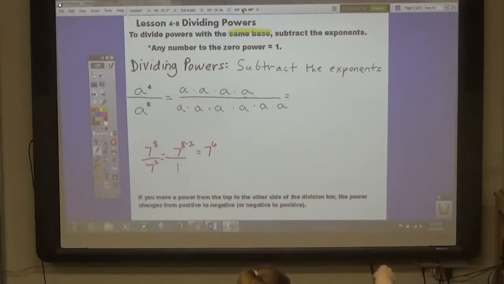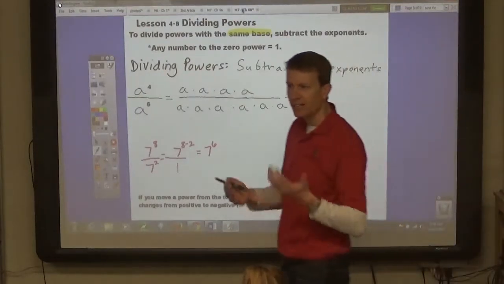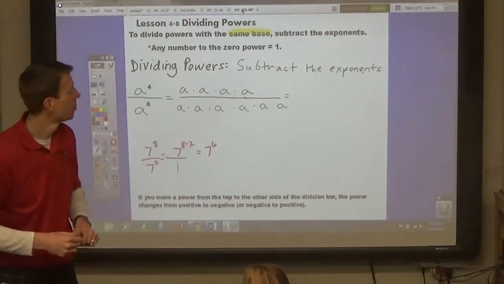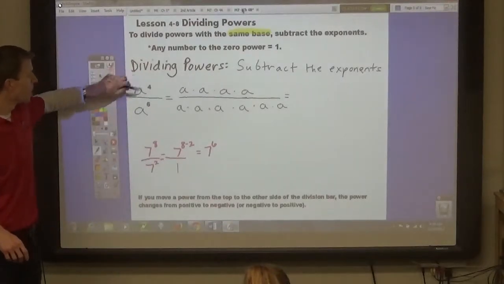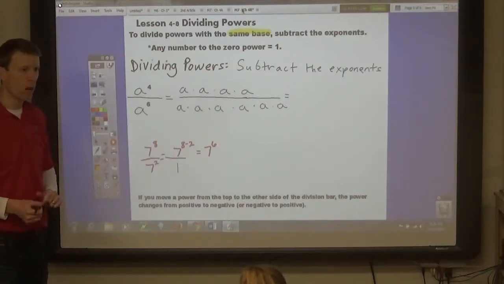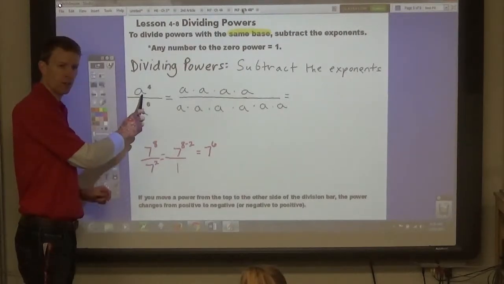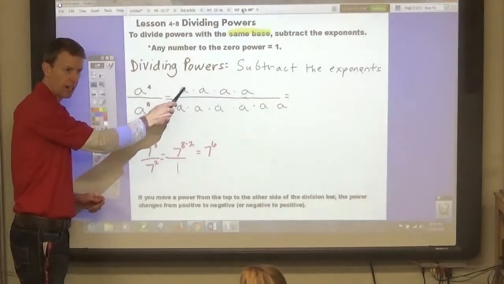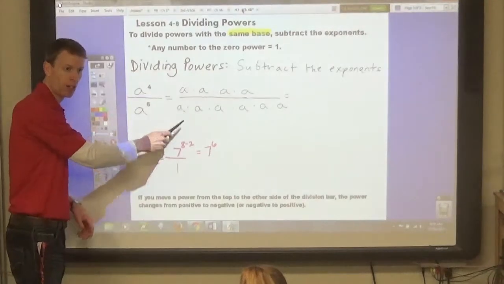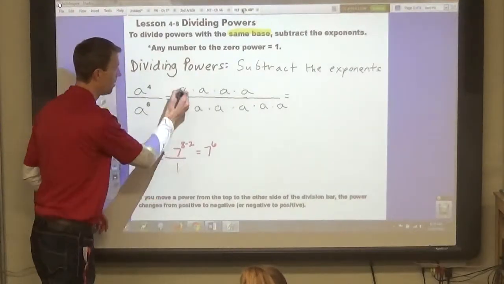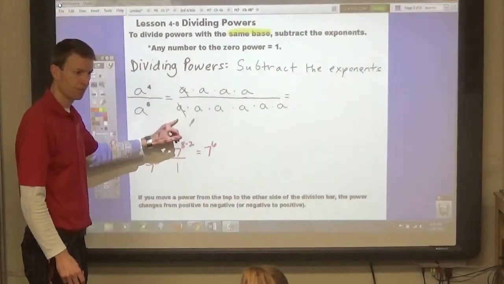subtracting the exponents. So they are related because multiplication and division undo each other. Addition and subtraction undo each other. They're opposite operations. So, the process is to subtract the exponents. And here's why. We already know from when we studied fractions that if you have the number on the top line and the same number on the bottom line, what can you do? Cross them out, right? So a over a is